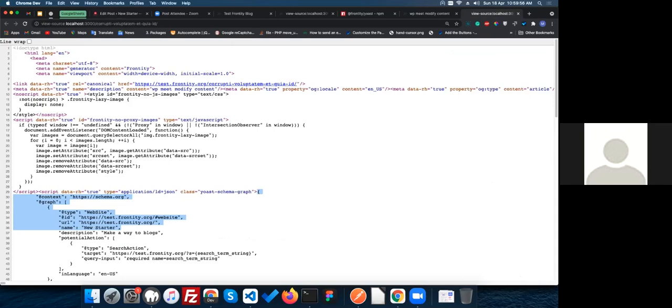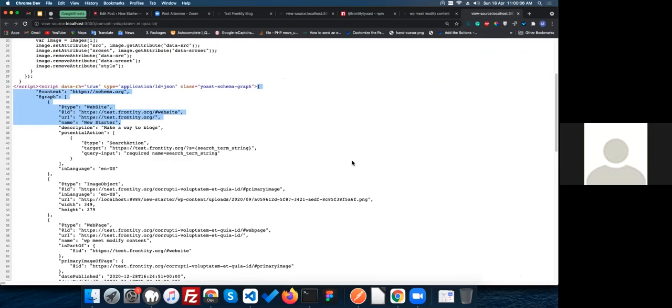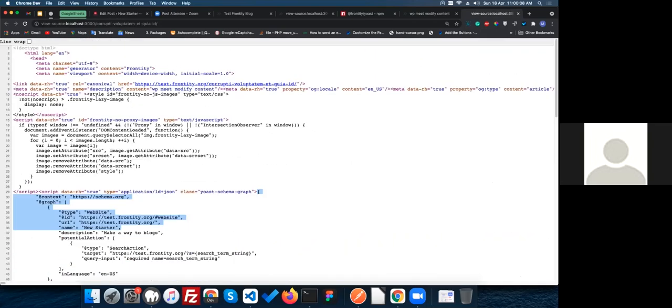Anyone who has any question regarding this integration, or any doubt, can ask us about integrating Yoast in Frontity. Anyone who has any question regarding this Frontity process, or how to integrate your SEO related data into Frontity, can also ask us.